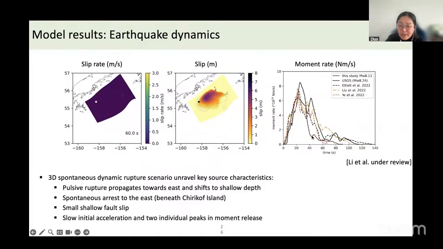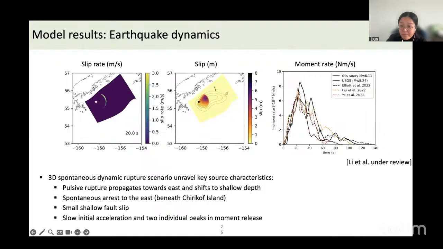So either we need to introduce another slip patch in the shallower depths as the rupture migrates from west to east,